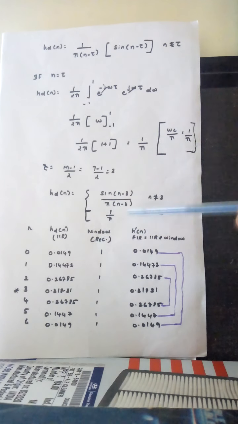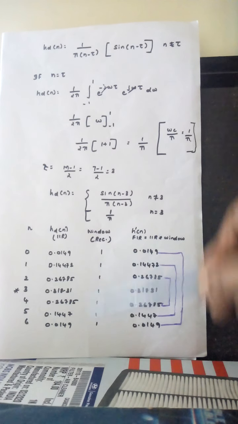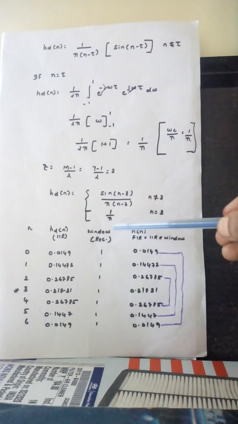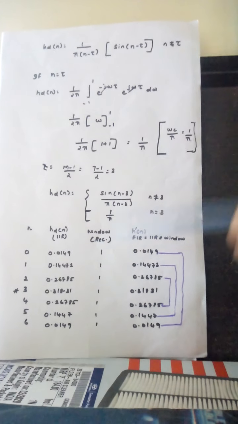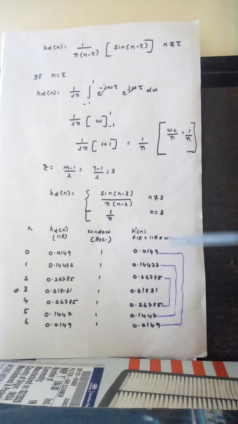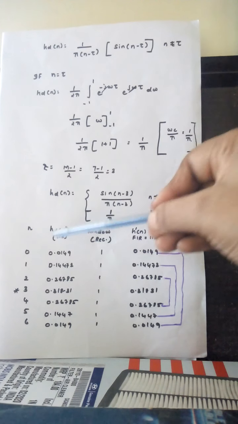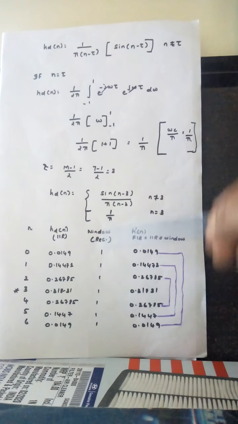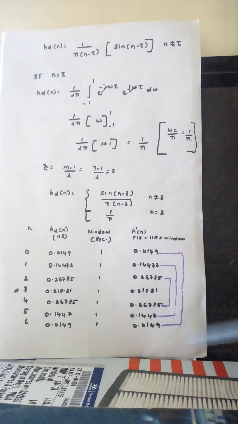So this will be an IIR, and we have to convert it into an FIR. So we have to use a windowing technique. Here we are using a rectangular window. Already we have seen the rectangular window, the magnitude is always 1. So we have to multiply it with this term. If you multiply, we get h dash of n, that is nothing but the FIR. So FIR equals this IIR multiplied by the window, and we get the response as an FIR here.